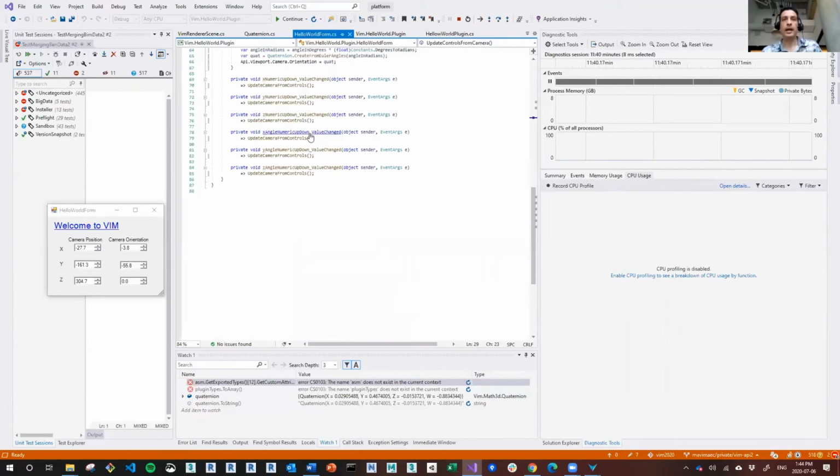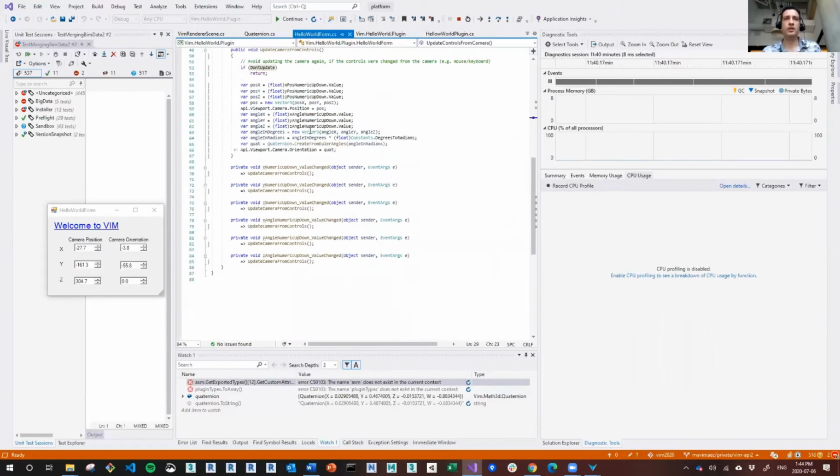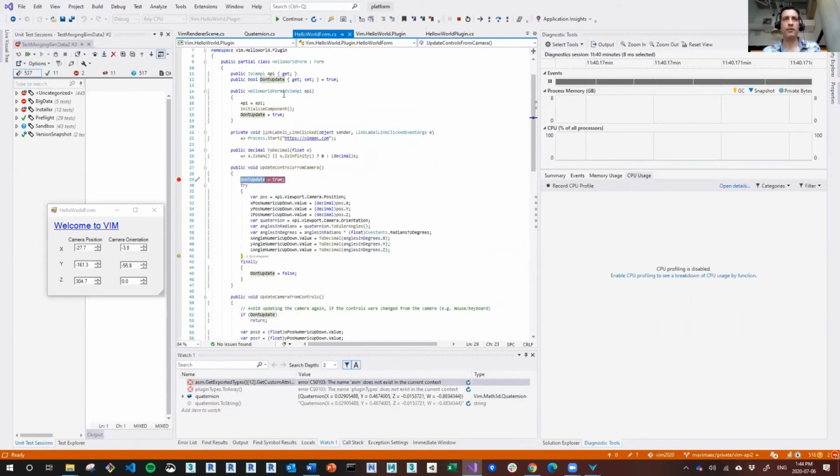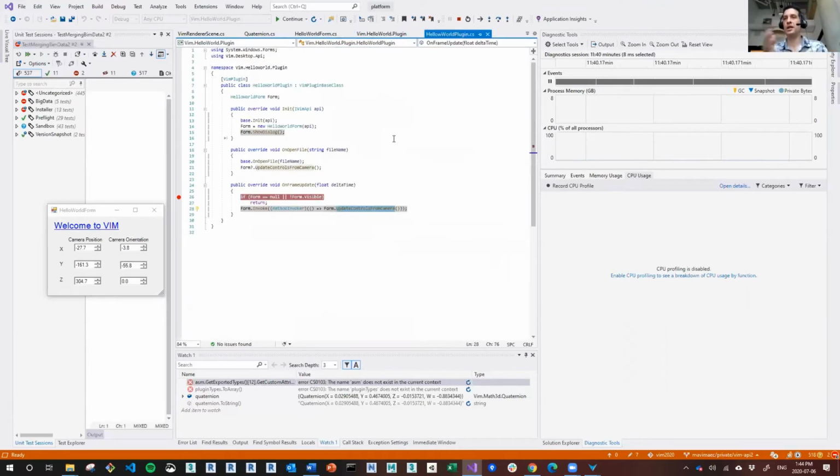All right. All of this to say that we didn't write very much code. We have the code for the form, which is our window. We had the code for the plugin, which you saw, which is quite straightforward. There's a couple of events that you have to handle. Most of the time, you're going to put your code in here. Then the other part of the code that you've got to worry about is what we call the